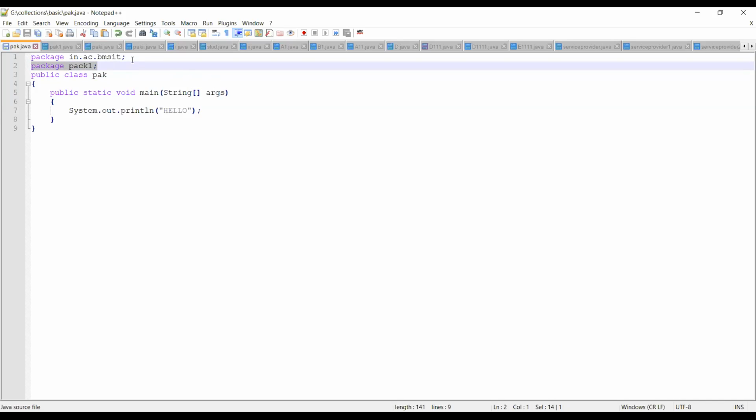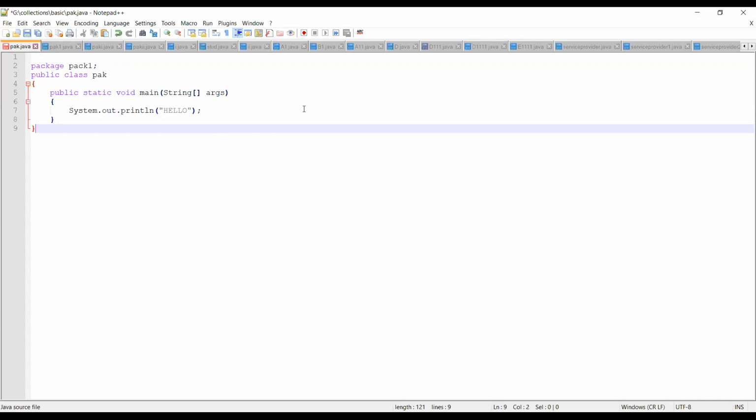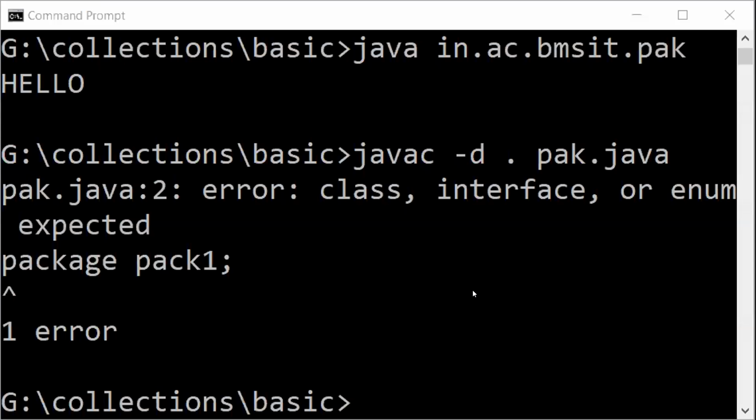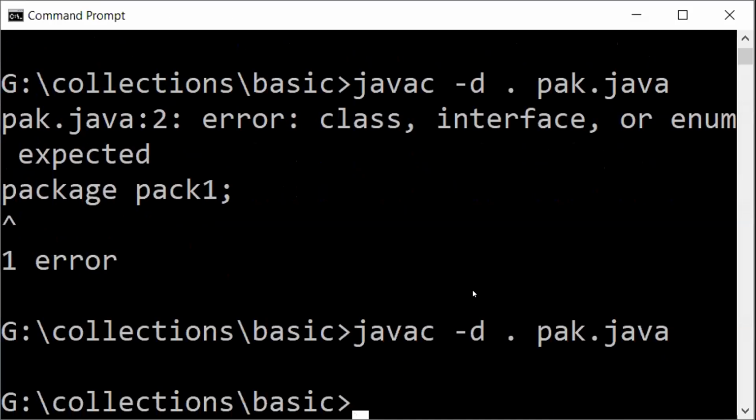If it is, say for example, I'll delete the first one. Okay, I'll delete this particular first one. So now I'll save my program, Control S. Now I'm going to go here and execute my program. Let me see if it is going to execute. See, no compilation error. Now it is perfectly executing, because how many package statements do we have? Only one package statement. So this is the conclusion we can draw from this example.